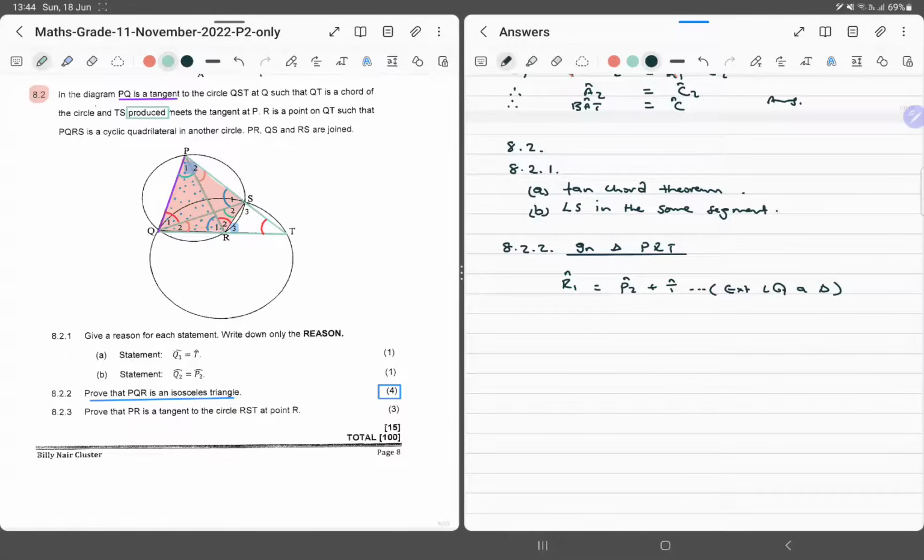What connections do I want to make? I want to make these connections that we know that this therefore tells us that R1, just want to do a fancy thing now, is equal to angle P2